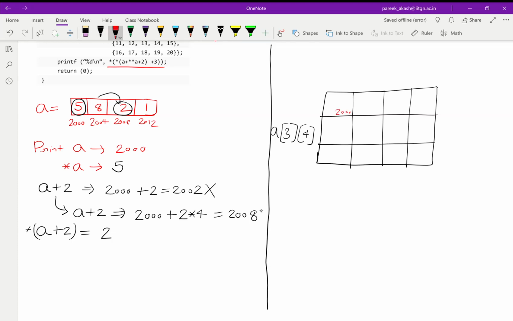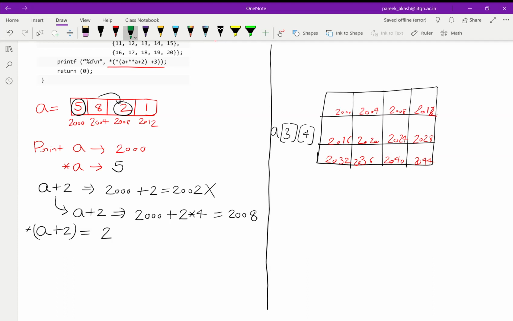So I have 2000, 2004, 2008, 2012, 2016, 2020, 2024, 2028, 2032, 2036, 2040 and 2044. And suppose there are some contents in this array.